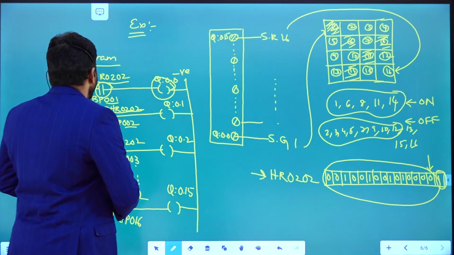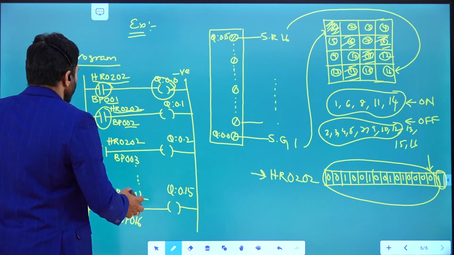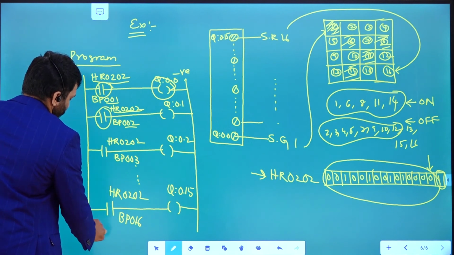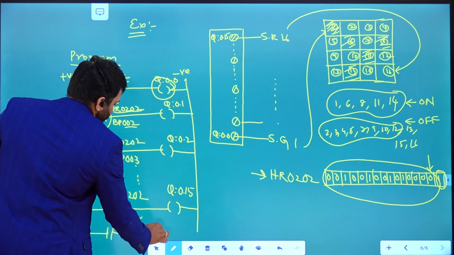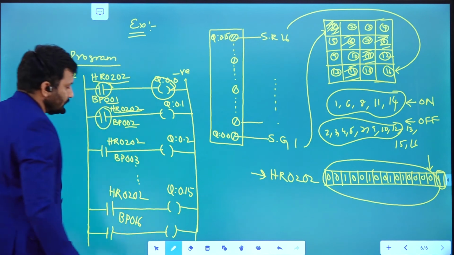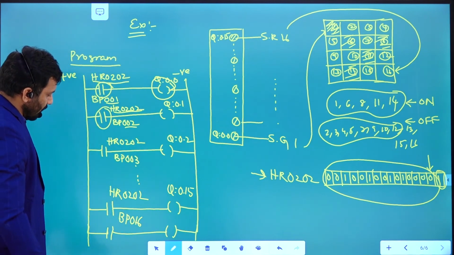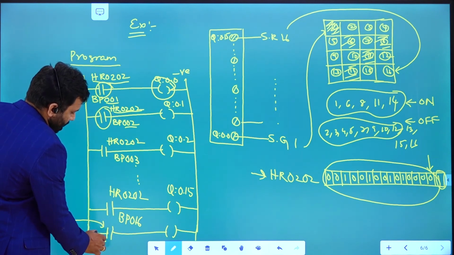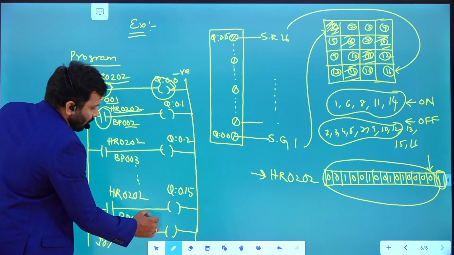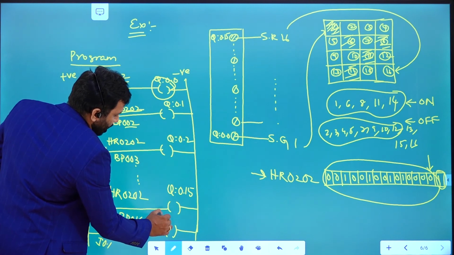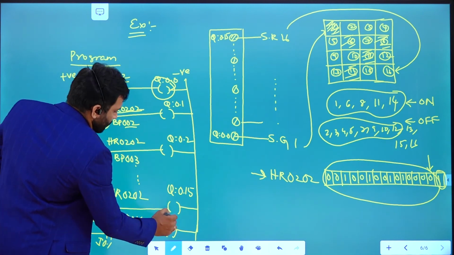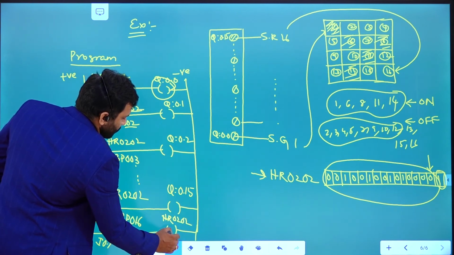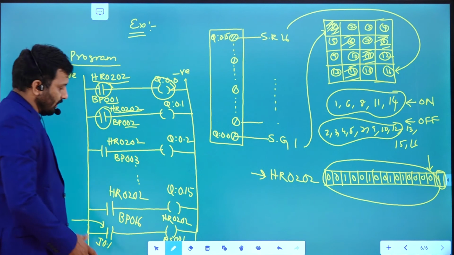For example, somewhere at the end of this particular program, I have written like this, right? So if this input, for example, some switch is on by this time, I 0.1, and you want to set this particular bit in this particular holding register, 0202, bit set 001, for example, I have written like this, right?